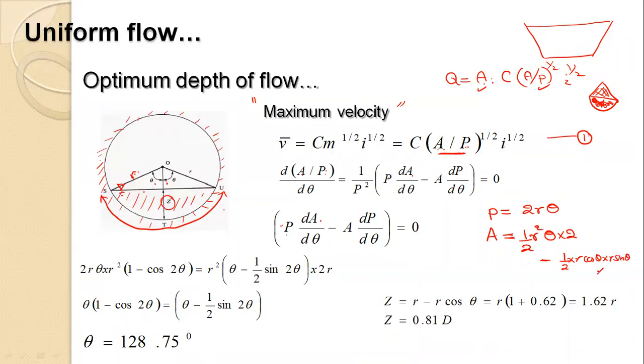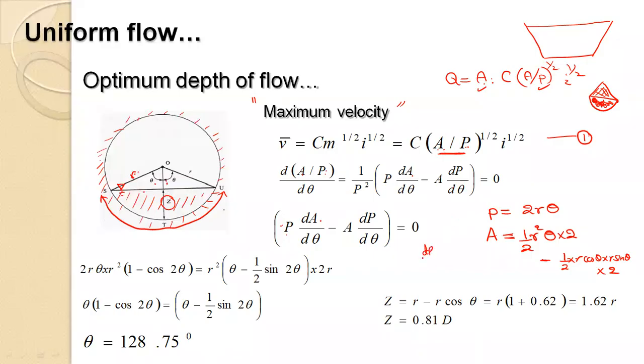Since you have two segments, you multiply it by 2. So let's substitute that, and then you differentiate P and A,